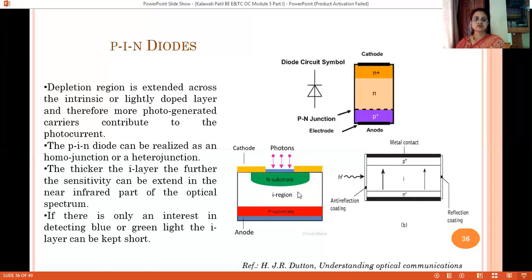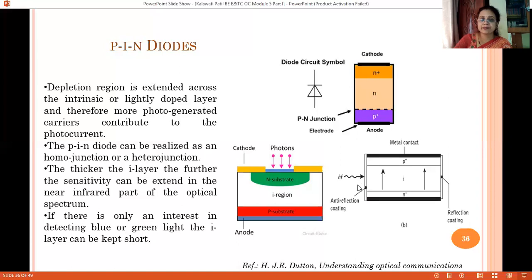If you compare these two structures, why did people invent two such various structures? Here itself you can compare them. In the top structure, the falling photons have to cross this N substrate to reach the I region, and we know the absorption coefficient varies exponentially negatively with respect to the direction of propagation.